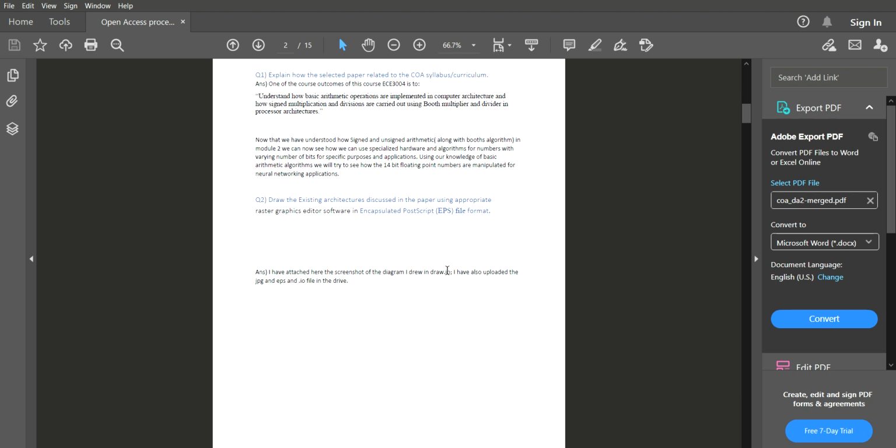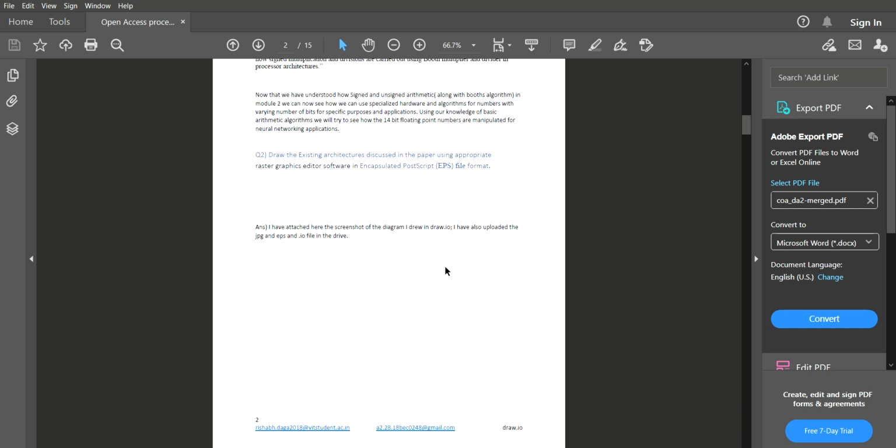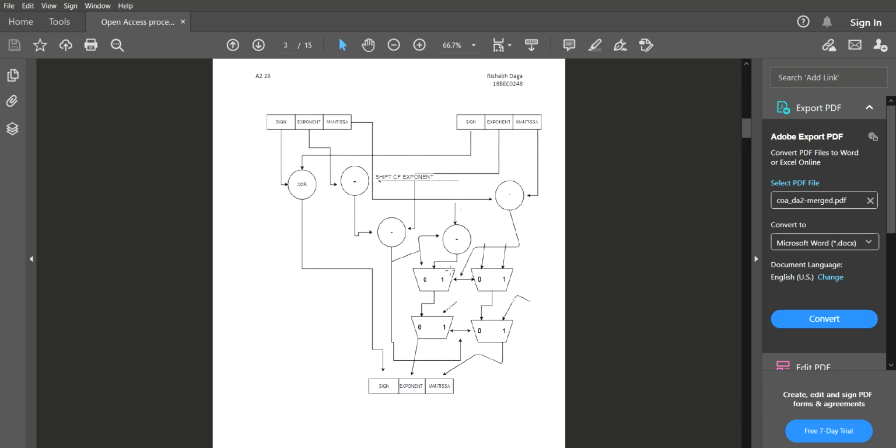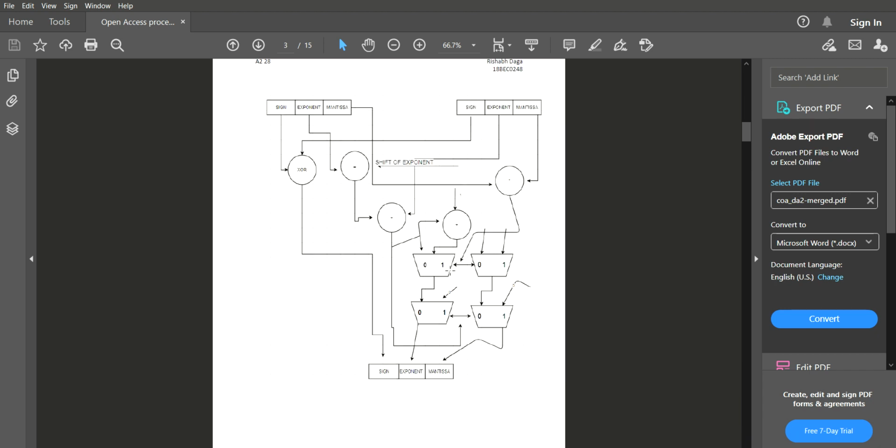Now, EPS format using raster graphics editor software for the existing architecture. Again, as I explained in my first DA, I drew this in draw.io. I saved it in .io file and then converted it to JPEG and EPS format, which I uploaded in my Google Drive as well. So this is where I've uploaded all my stuff. This is the existing hash in draw.io. So if we download this and